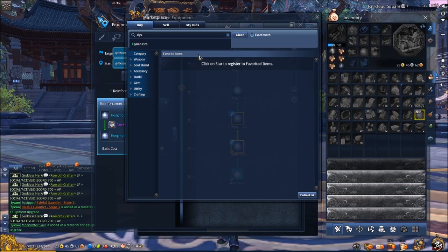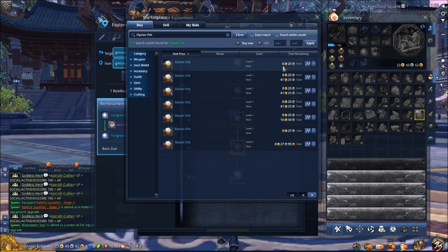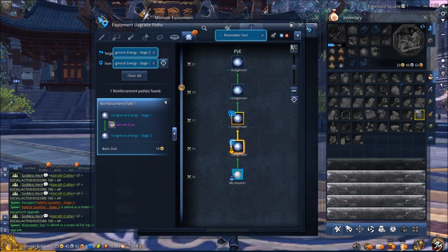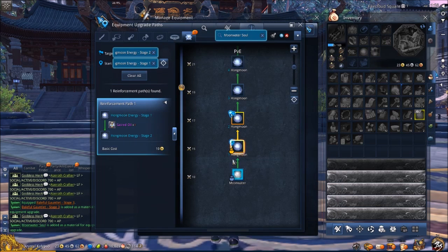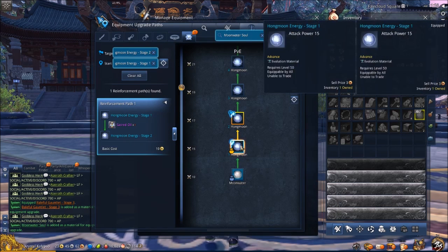So Elysian Orb. And you see they're going for 8 gold apiece. So that means just outright this upgrade is going to cost you at least 40 gold. So is there another way to do this? Well, there is actually. You can build the Hung Moon Energy Stage 1 by buying some items called the Oathbreaker